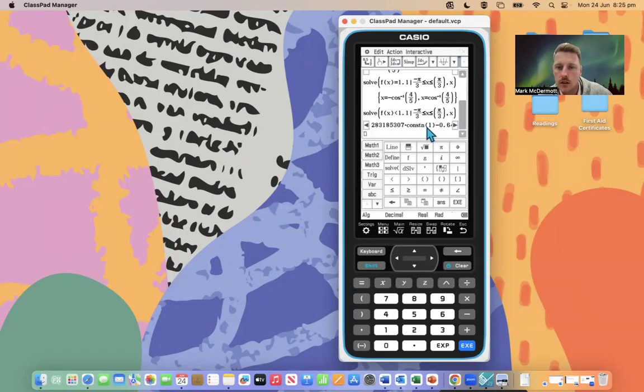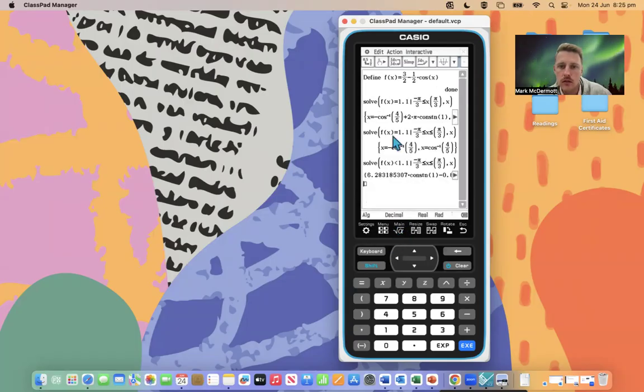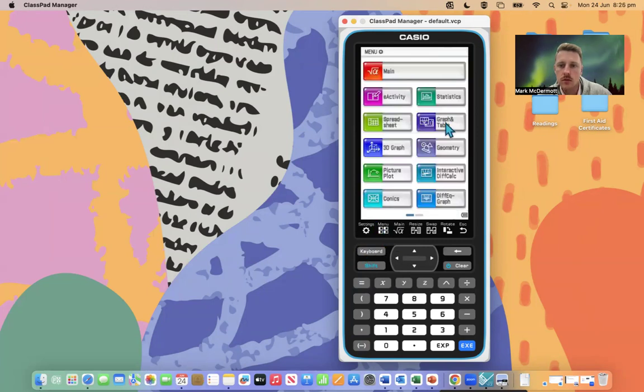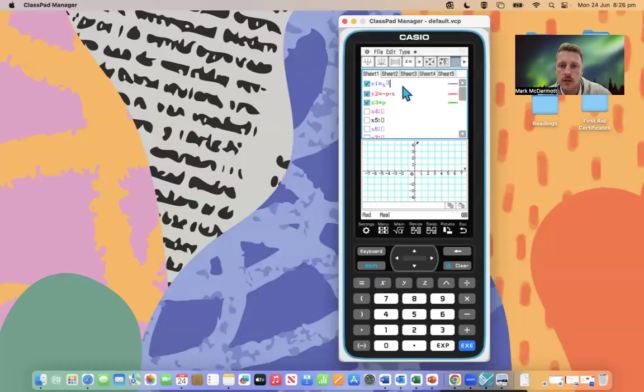Okay. See how it gives us a general solution here? It's got this constant in there. So what you need to do, I've encountered this problem before, I think you need to sketch it. So if you go graph and table, if you graph f of x,